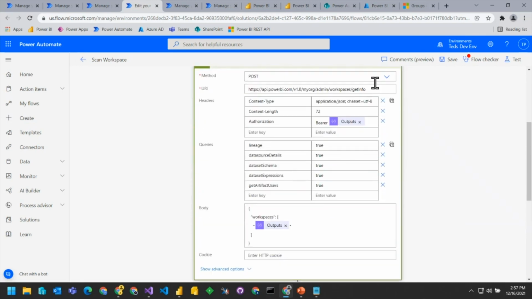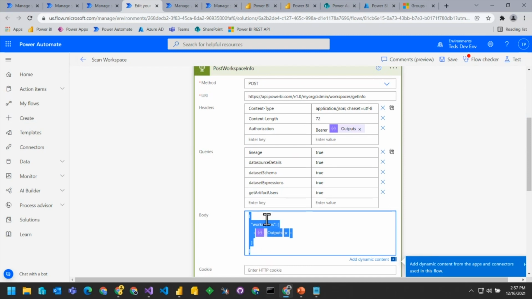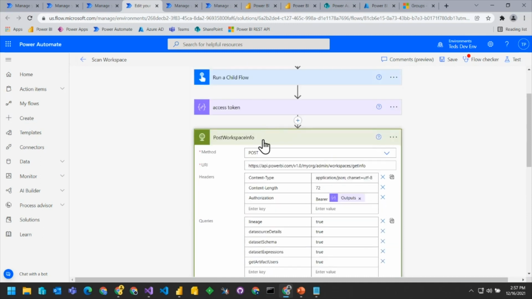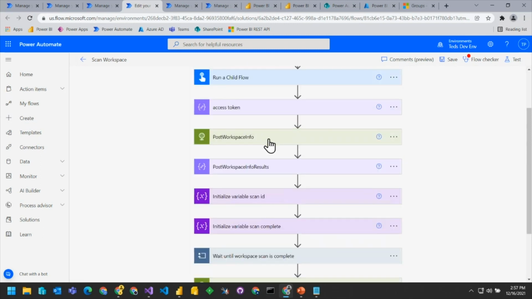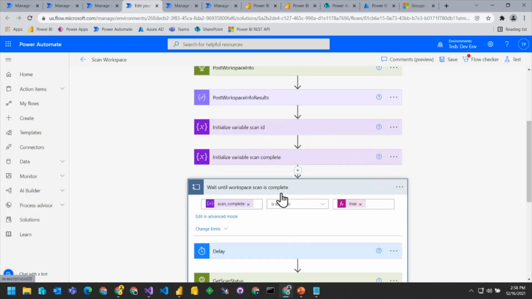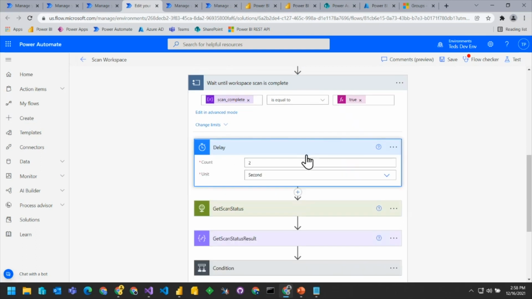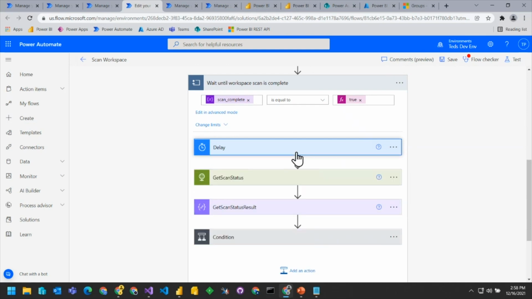So the idea here is that I post this, and then how do I tell it what workspace it is? And here, we're going to put together the JSON body that we need to call this. Now, once this runs, this doesn't give you back any info. This just gives you back a kind of scan operation ID. And the idea is that, once we get the scan ID, now what we need to do is to say, now that we've started the scan, let's wait some amount of seconds. So I'm going to wait 2 seconds. And the idea is we'll keep running this every 2 seconds to poll.